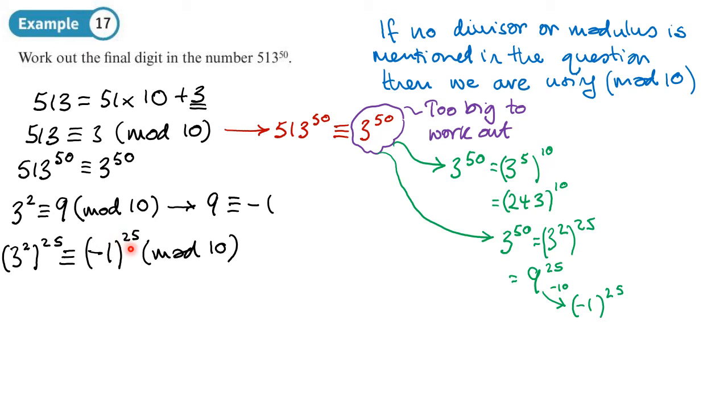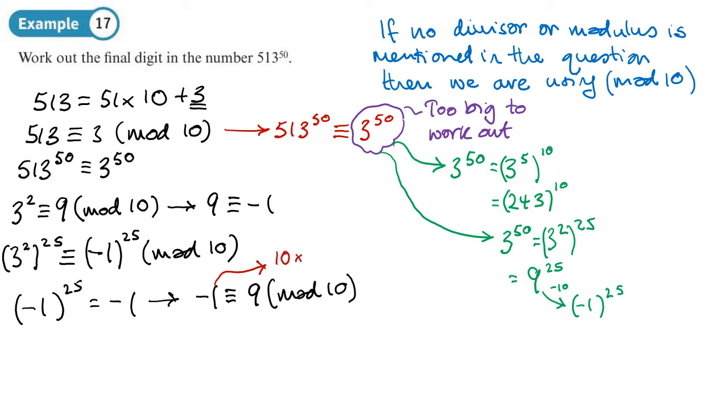So now I've got a calculation I can do. -1 to the power 25, well, that's just going to be -1. So -1 to the power 25 is equal to -1. And -1 under mod 10 is 9, because -1 is the same as 10 times -1 plus 9, that positive remainder. So what's left over after we do this calculation? 9. So the remainder